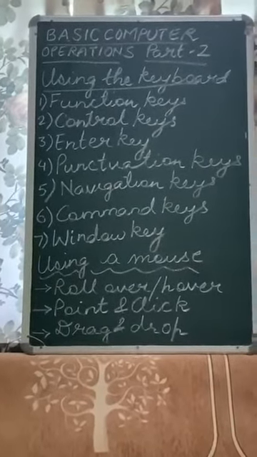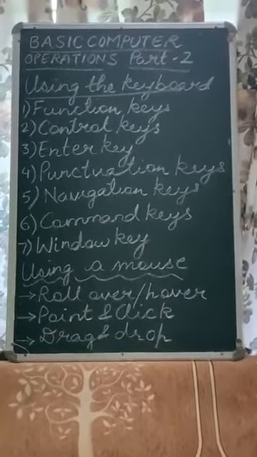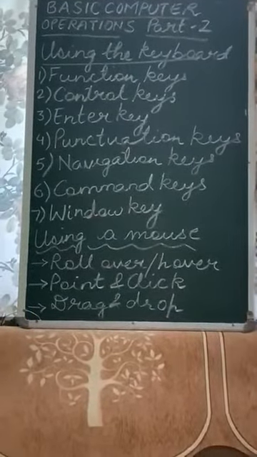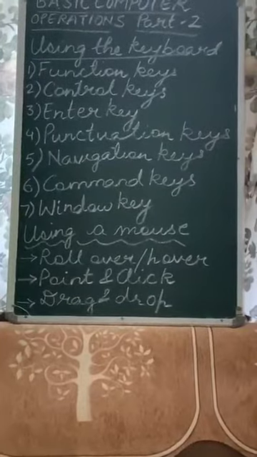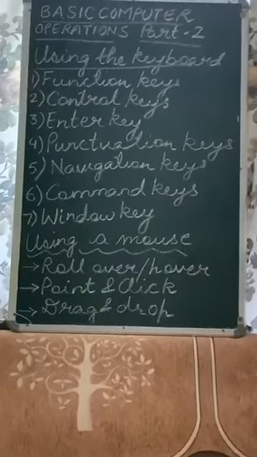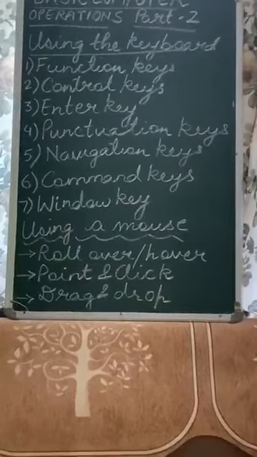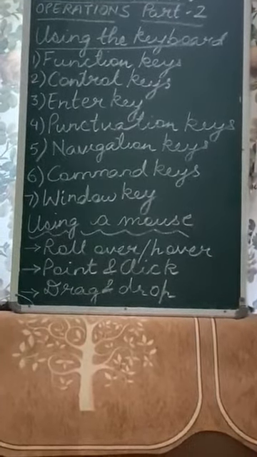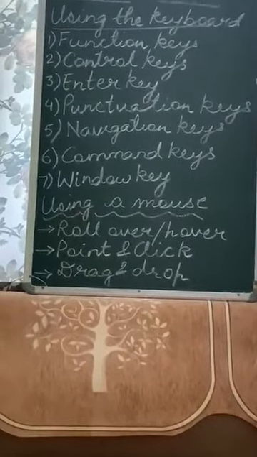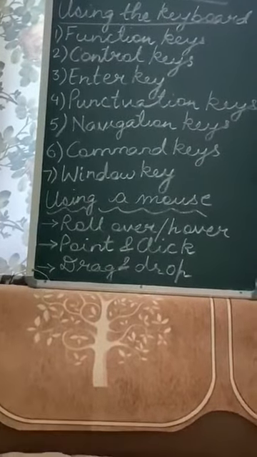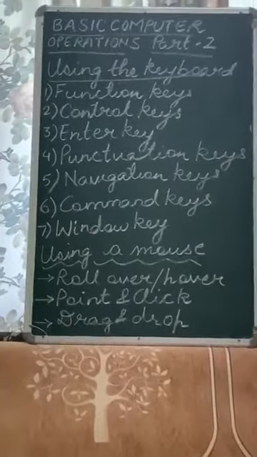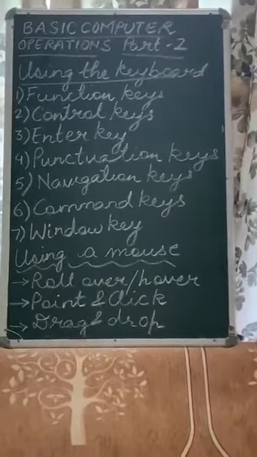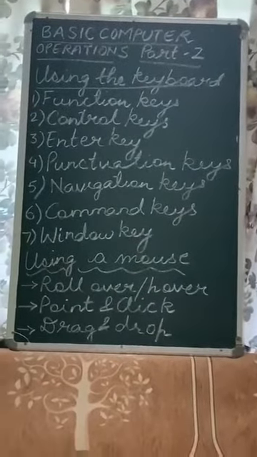The third function of the mouse is drag and drop. That means you want some item to be moved to a new location. For example, you have two folders on your desktop computer. One folder is named Pictures and the other folder is named Diwali, and you want to include these Diwali pictures into the Pictures folder. Simply with the help of the mouse, you will first hold it, drag it with the help of the left mouse button, and then drop it into that folder.